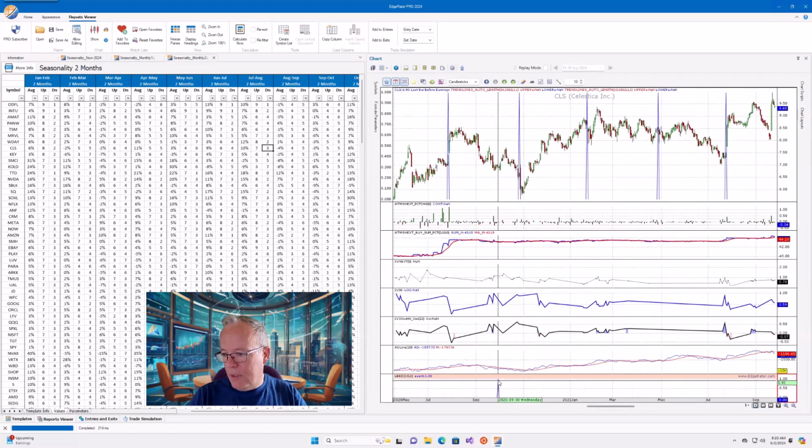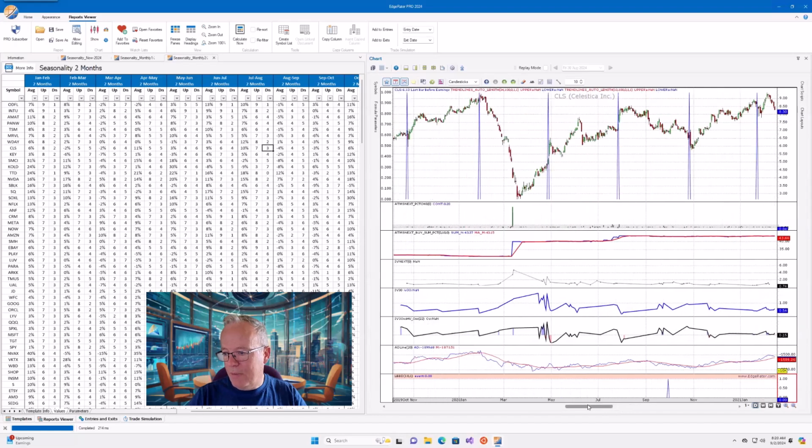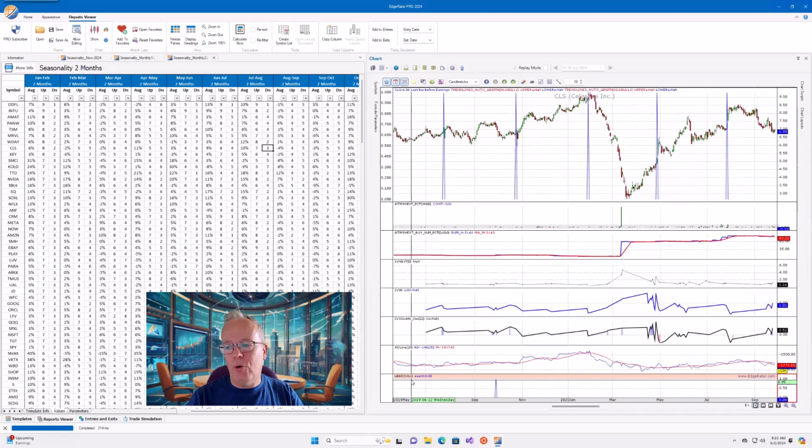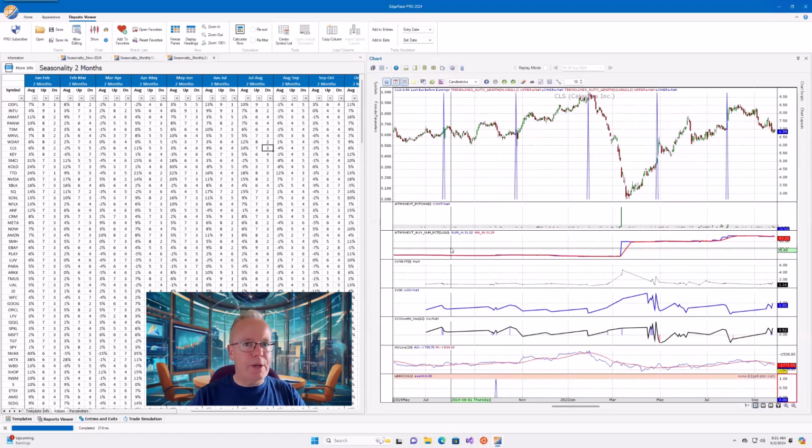In 2020, it also happened on 9/30. And in 2019, it happened on 9/30. So the parameters here are 10/1. I'm saying, what was the last trading bar before October the 1st? And for the last 4 years, it's been September the 30th. For anybody who knows about the backtesting capabilities and trade simulation capabilities in EdgeRater, you will know that once you've got that event coming up, you can run trade simulations around it. And that's basically how this has been programmed to work.